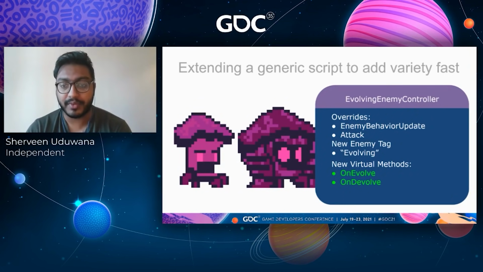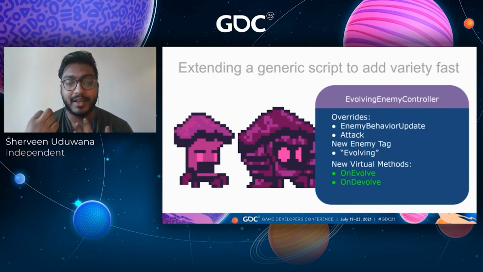And yeah, it still surprisingly didn't take a ton of work to make, right? I changed how the behavior update works because it just has a check for if the enemy is evolved or not, and it does the typical behavior if it's evolved. If it's not evolved, it's going to be trying to evolve, which means it's going to go look for little resources to eat and get enough of those to evolve. And then its attack again is different because it just checks, if it's evolved, do this better attack. If it's not evolved, do this weaker, not as good attack.